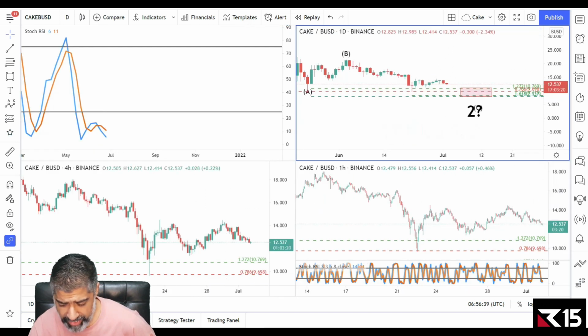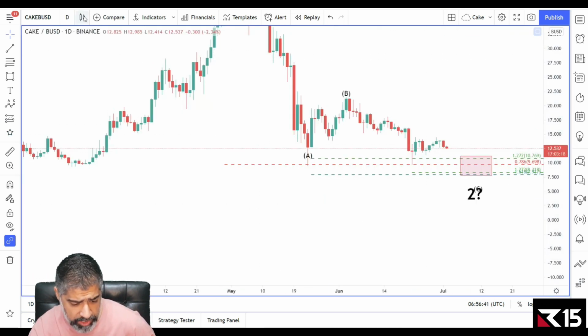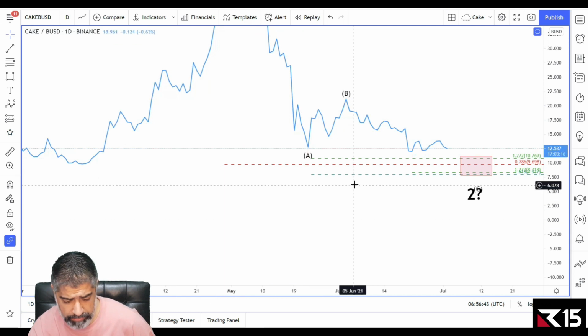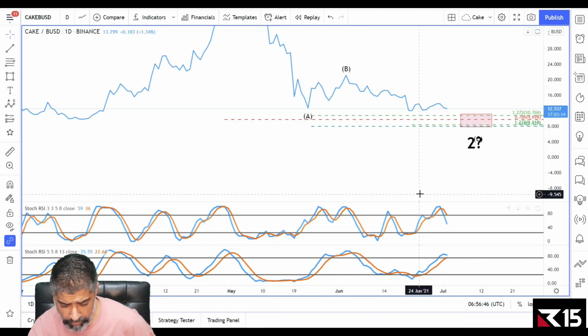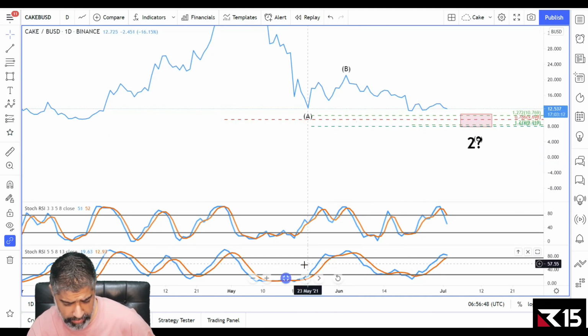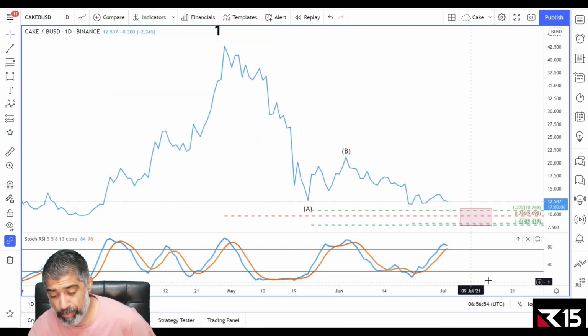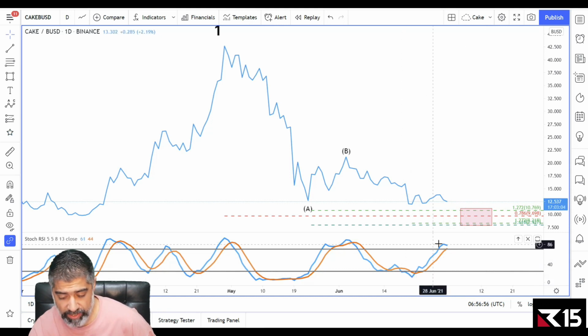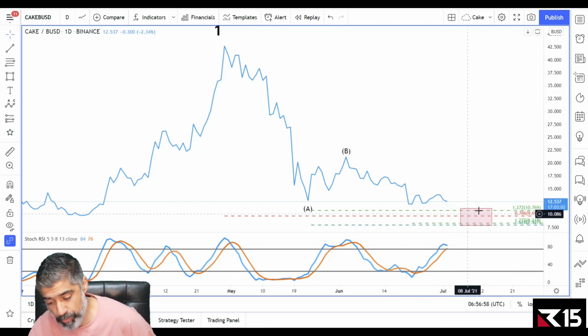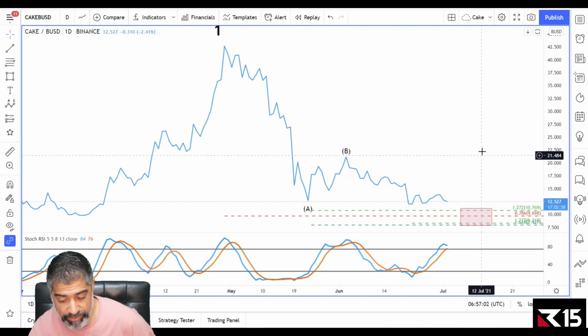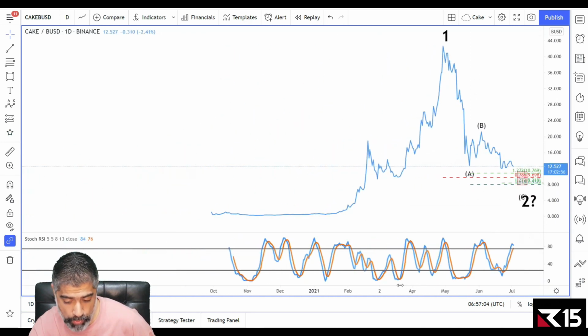And then we can look at the indicators on the line chart. This one down here is going to be more useful for us, so let me get rid of the other one. On the next bullish reversal, when this indicator goes to the downside and crosses over, it will probably coincide with this price. And then we should see the end of the wave 2 correction.